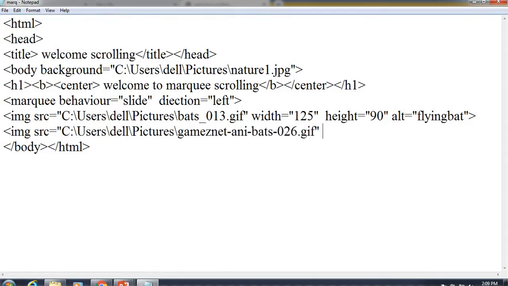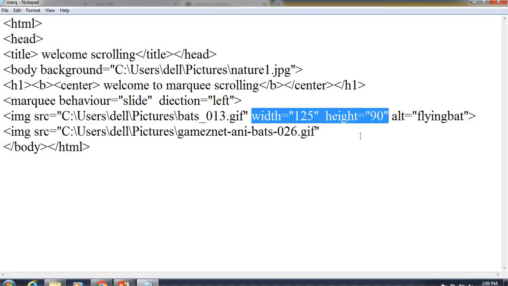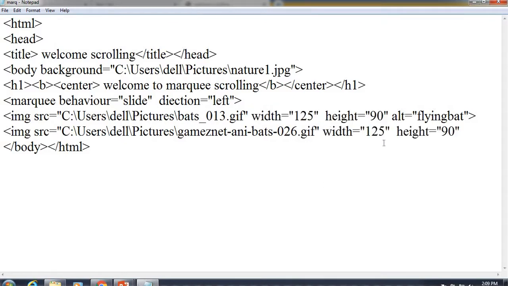Now for this also we can have the properties like width and height.